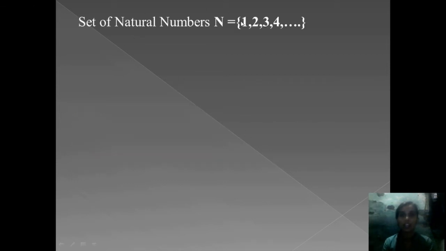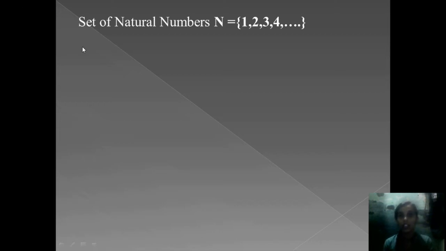The set of natural numbers is the set consisting of 1, 2, 3, 4 and so on. Observe that 0 does not belong to the set of natural numbers. Okay, so let's see some properties. As we saw in the last video about the set of integers, it is closed under addition, closed under subtraction, closed under multiplication. Now whether it is closed under division also, we have to see these properties like the set of integers.